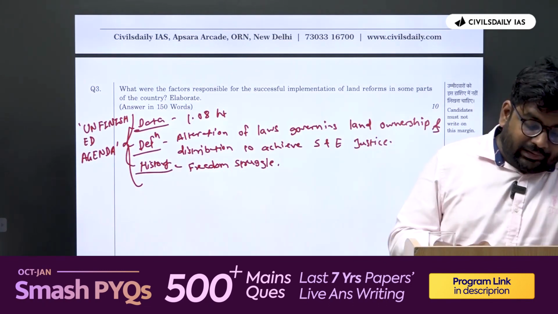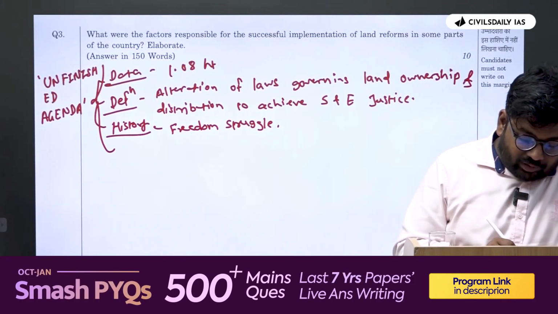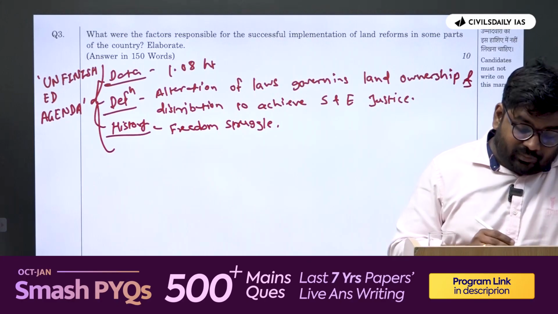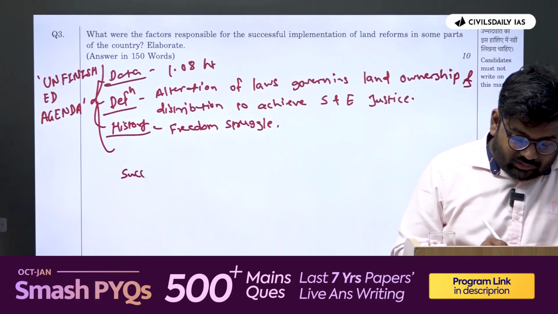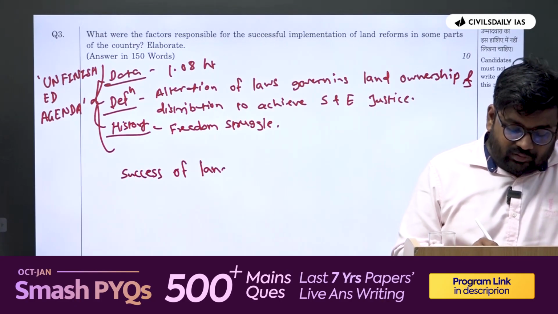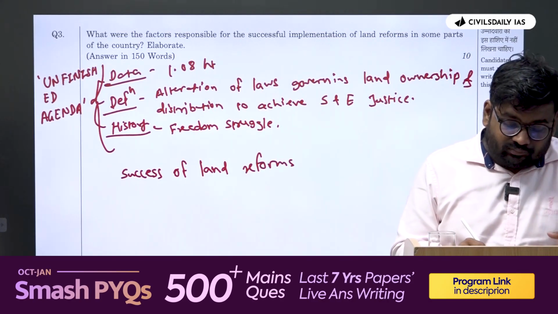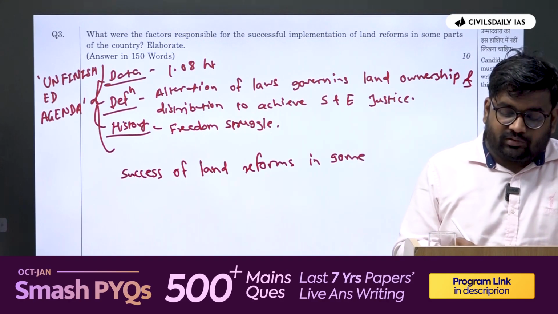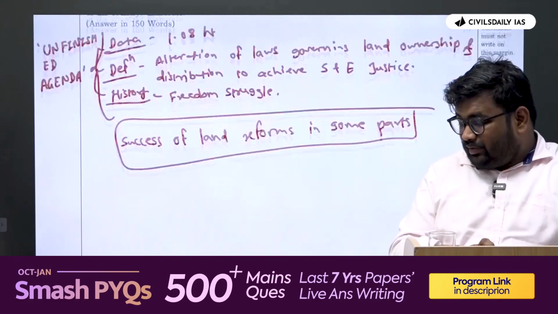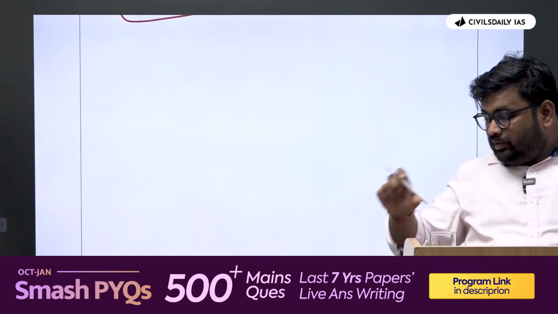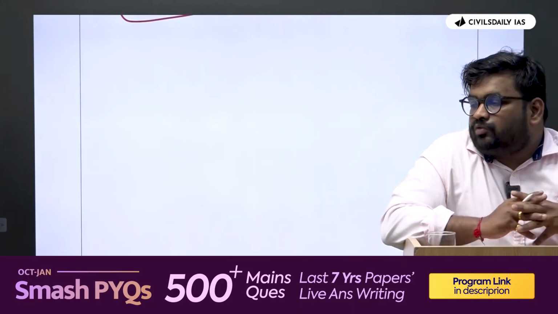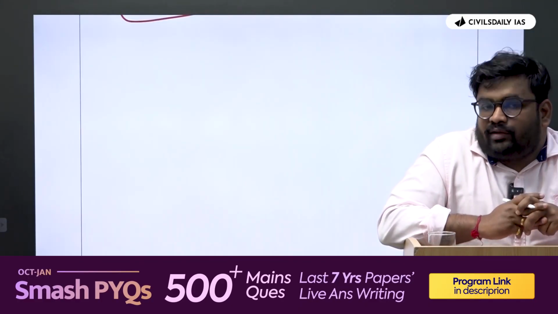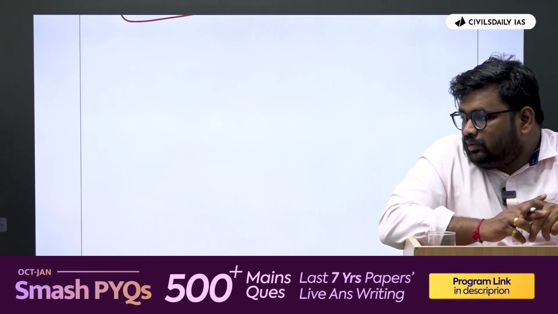What else? Then you add one more heading: factors responsible for success of land reforms in some parts. So you can give the heading in that line. Then you first write one small paragraph that land reforms were successful majorly in West Bengal and Kerala, because of